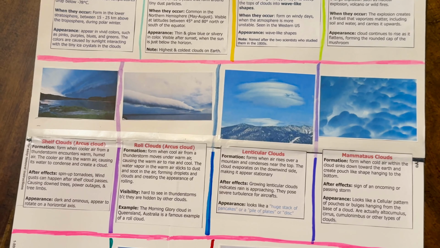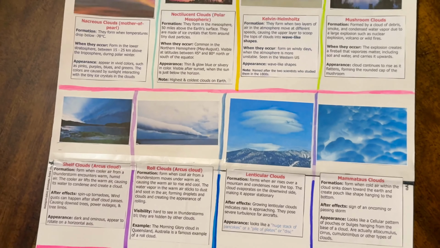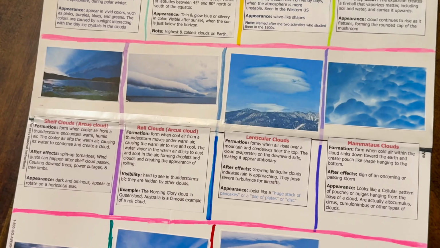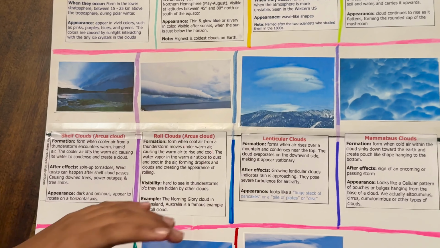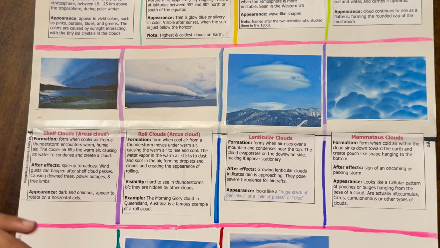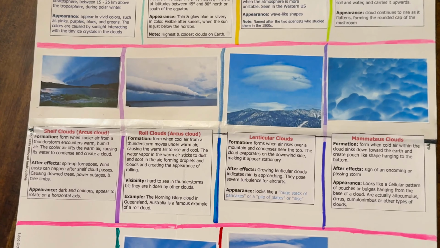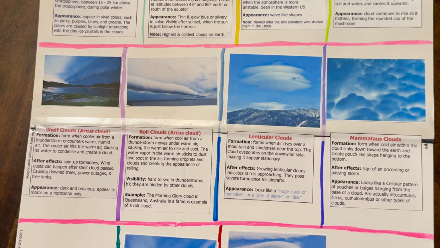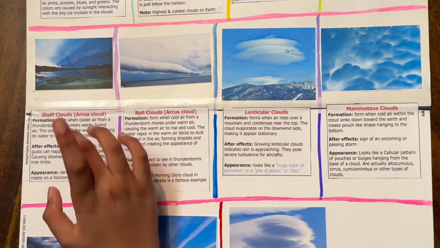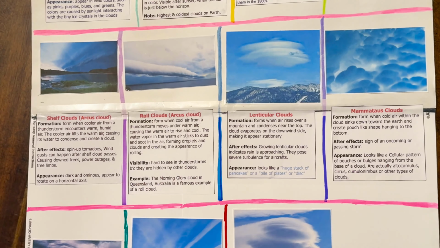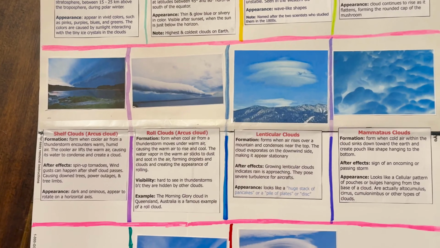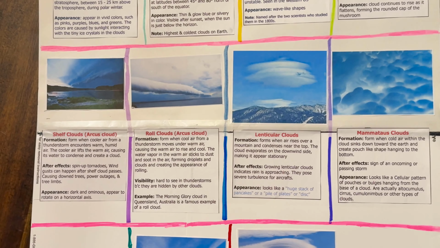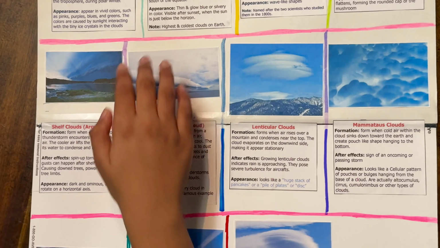Then are shelf clouds. So we talked about how cold air sinks and how hot air rises. Now what happens is, typically in areas where the climate is warm or humid, sometimes a cold front can hit the area. This cold front brings in cold air and cold temperature. And then the hot air is moving up and the cold air is sinking down. This creates the shelf appearance or the blanket appearance as if the air is actually covering